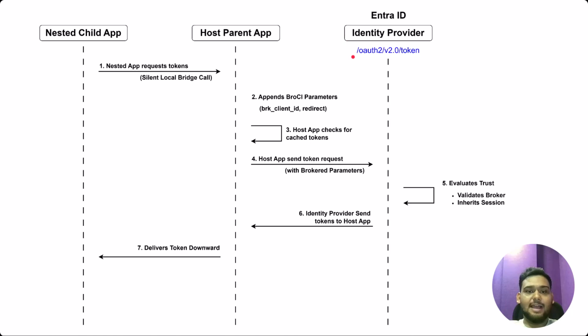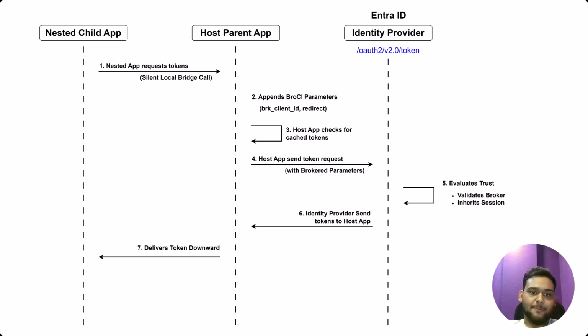If we look at the diagram image that is presented over the screen, it has three core components at the top of the image. On the far left side, we have the nested child apps, which are the embedded applications that are running inside the larger environment. In the middle, we have the host parent app, which are the external containers or the broker clients. And on the right side, we have the Entra ID as our identity provider, and we are specifically utilizing the /token endpoint, right? Now let's look at the process of how nested child applications request tokens and how they